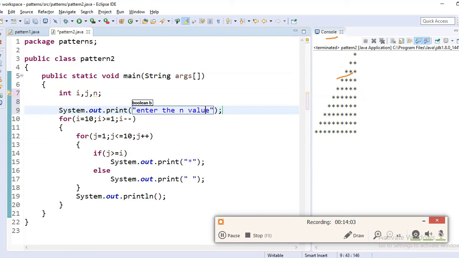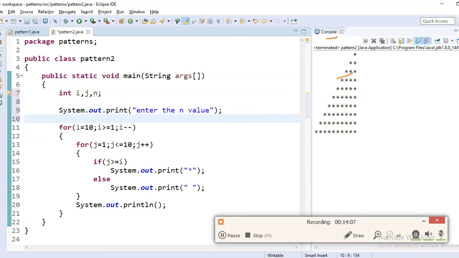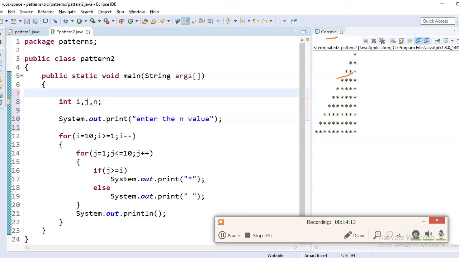To store the n value in console time, you must give one input tag: Scanner sc equals new Scanner(System.in).